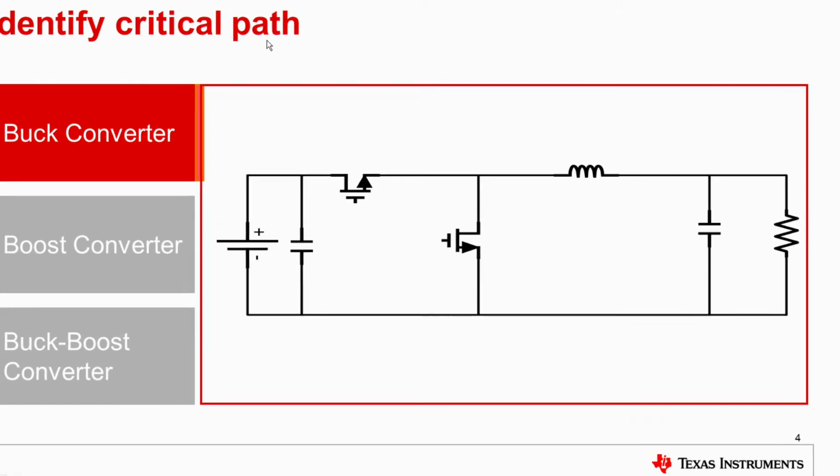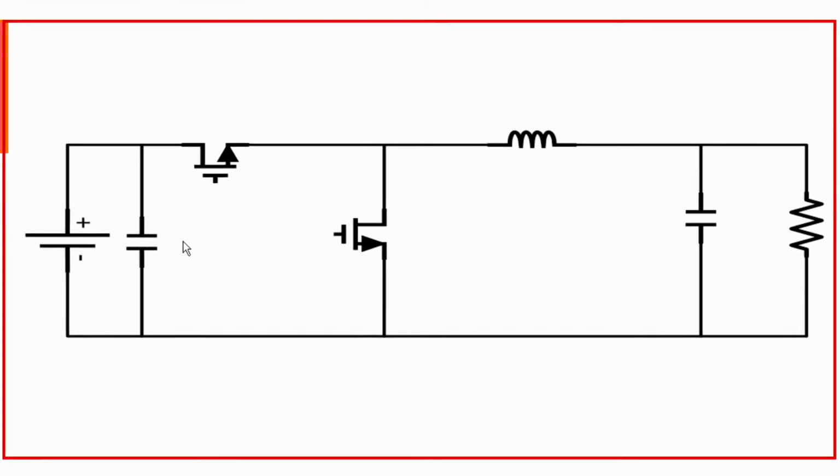For a buck converter, in the general construction, you have an input capacitor. You then have a high side FET and a low side FET, which are going to do your switching action. That's chopping your DC input voltage and making a pulsed voltage from it. Then you have an L and a C, and that forms a filter which turns that pulsed voltage into a DC voltage. So you're taking a higher input voltage, making a pulsed pattern, and then low pass filtering that to get a lower output voltage.